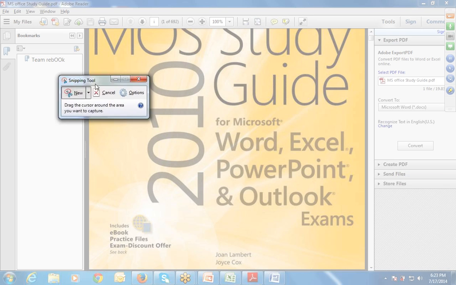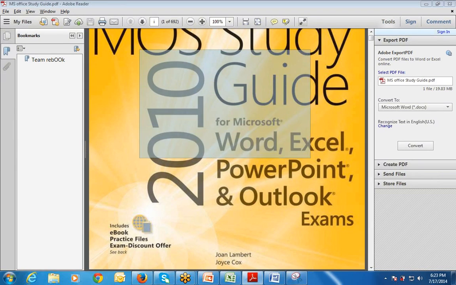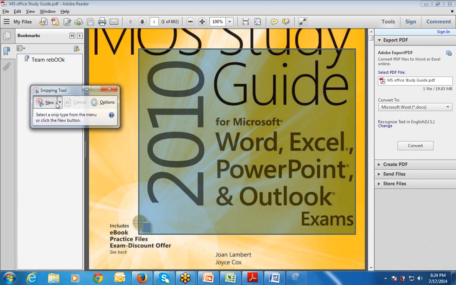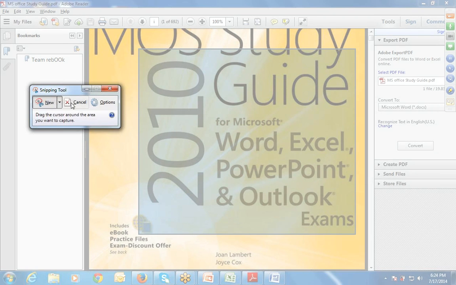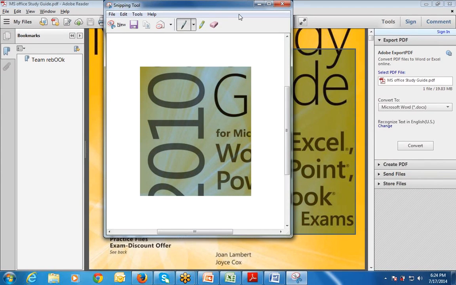This is the snipping tool. Just click on New and gather any information like this. So this is the snipping tool, right?